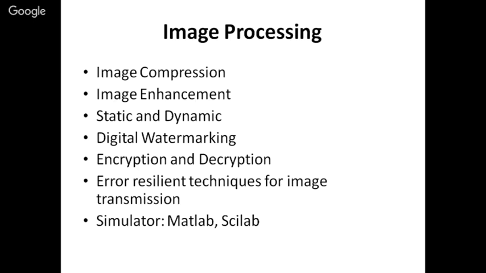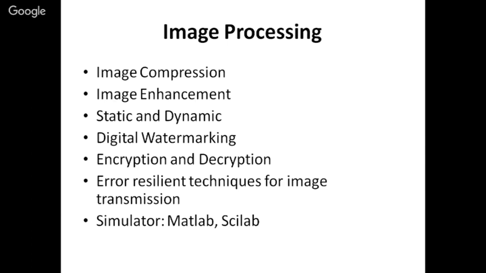So we can compare this and take the corrective actions, and farmers can also take benefit of it. In this also we can compress the image without reducing the quality of the image. For this, we can propose some mechanism. We can also enhance the image. So in certain cases, like suppose the image is taken from a very high altitude, we want to increase the quality of it. That is also a big challenge.